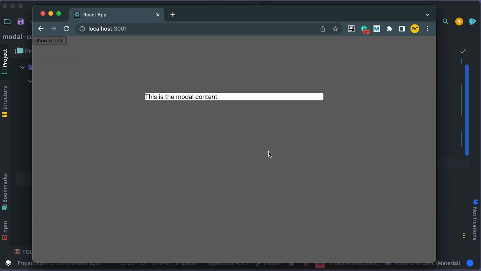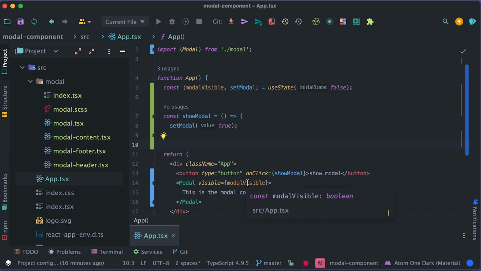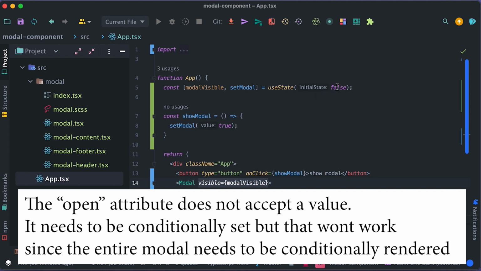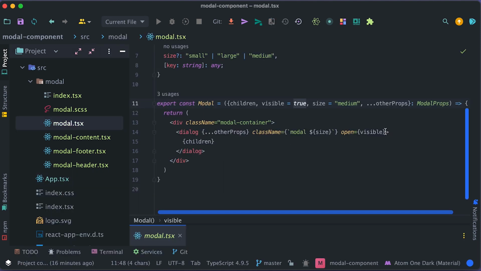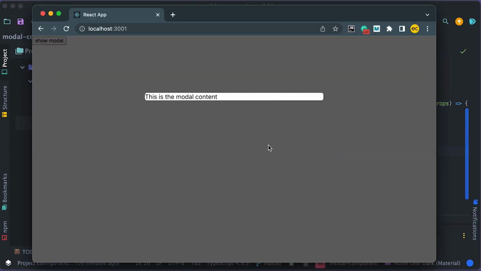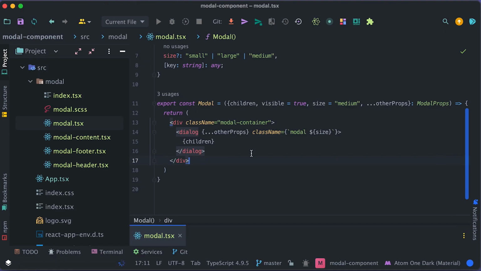I'm gonna go back to the browser as I overwrite this thing. So you see here modal visible true. Says false, but it seems like it doesn't matter. So which means we can remove this. This all comes down to the styling. So you see it's always visible. So what we can do